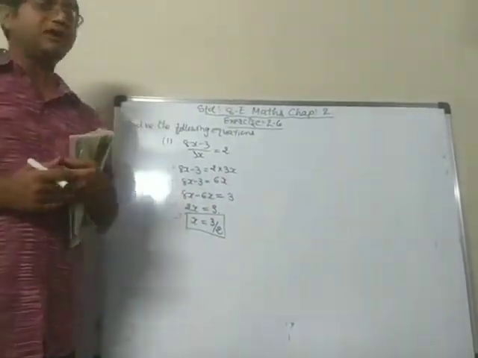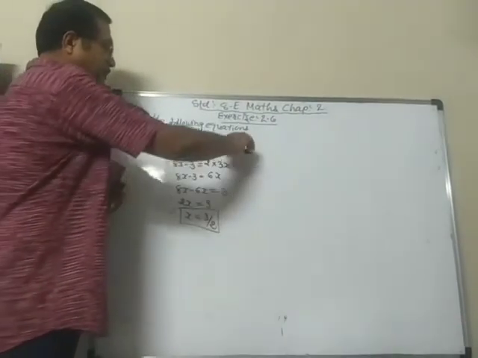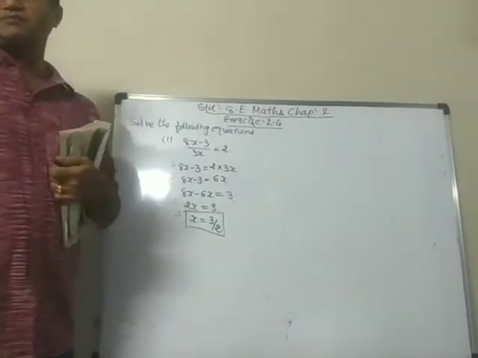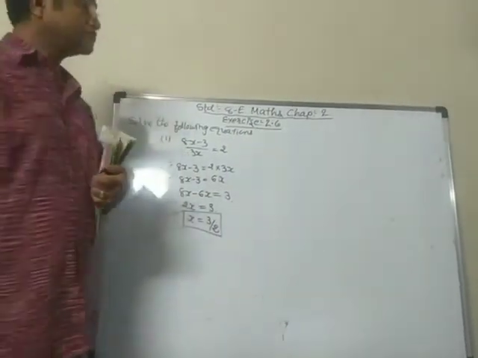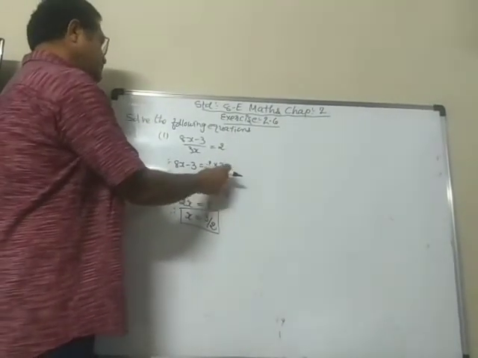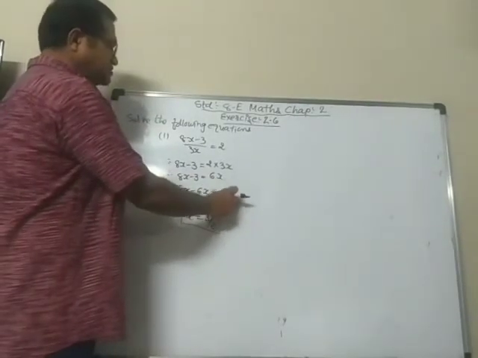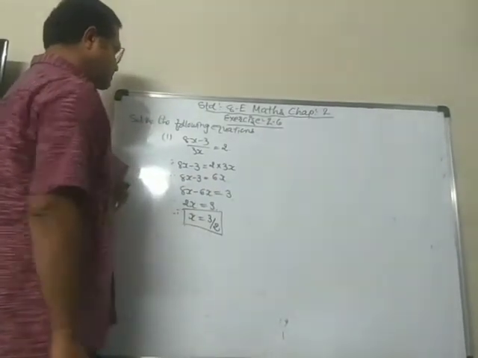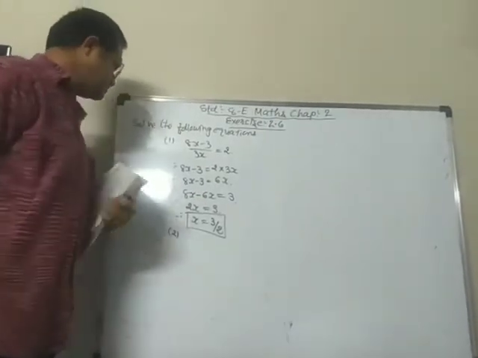So what did we do here? The denominator was alone 3x, so that can go into the other side, RHS, and it will go in the numerator. And 2 multiplied by 3x is 6x. We bring 6x this side and take 3 that side by changing the sign. And finally, we got the answer. We will do the second sum now.